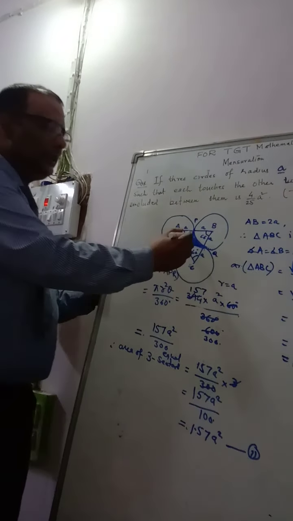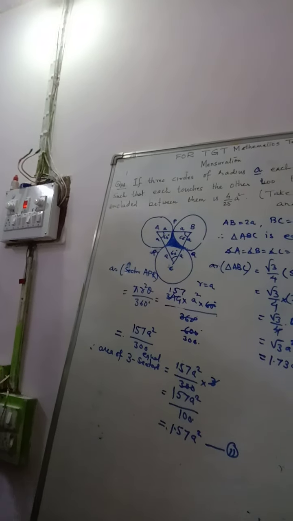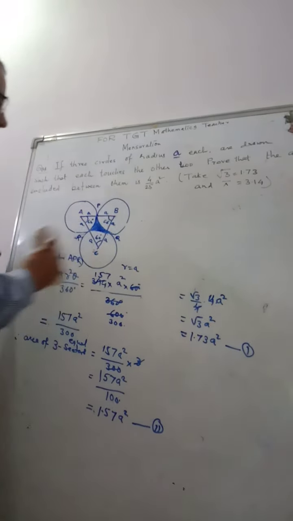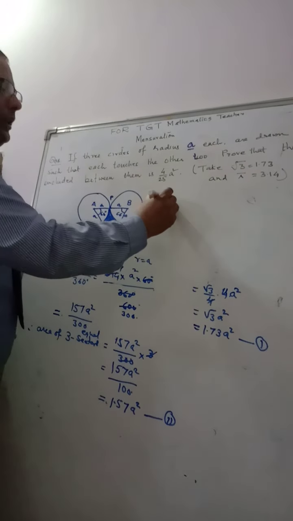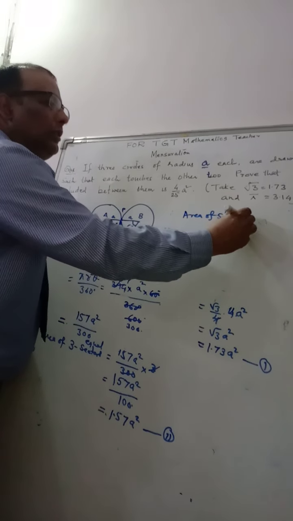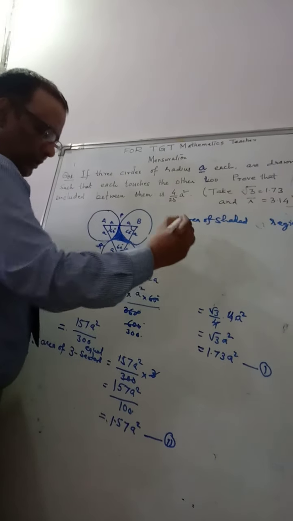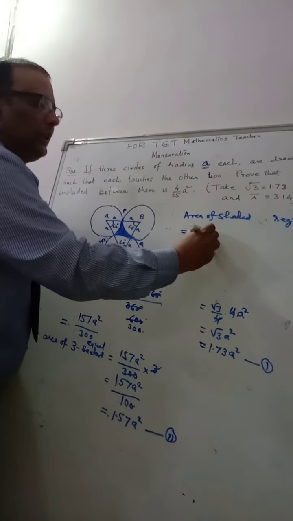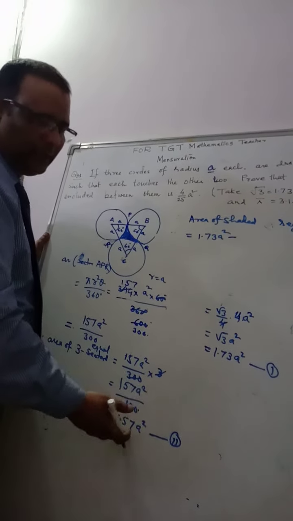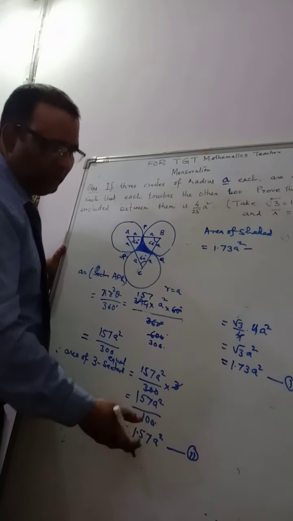Now we have to find out the shaded region. So now we will just rub this portion and we will calculate very easily. So the area of the shaded region is equal to 1.73 a square minus, since it is clear from these two equations that the area of the equilateral triangle is greater than the area of the three sectors,